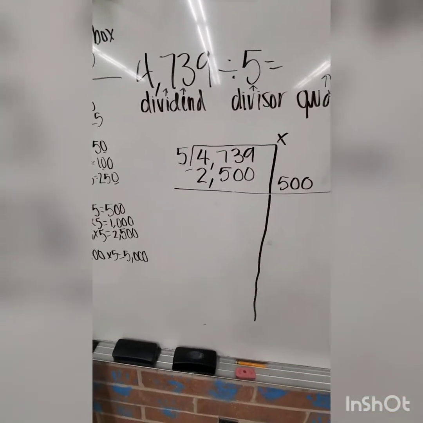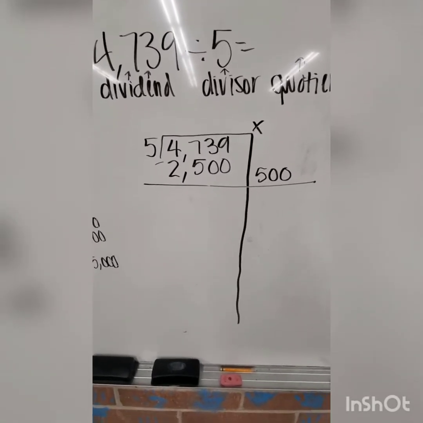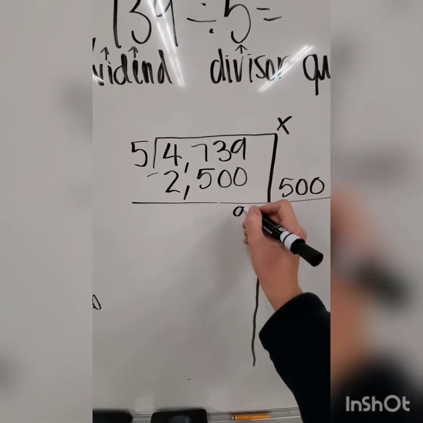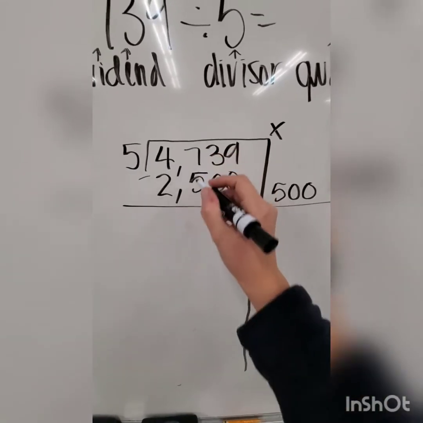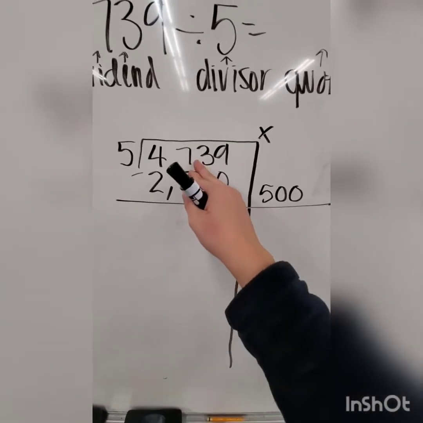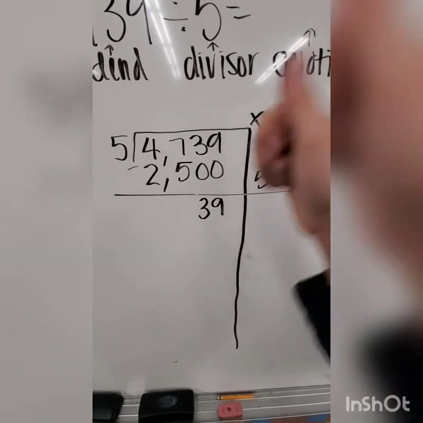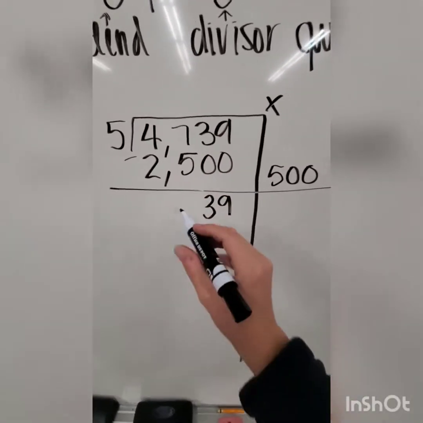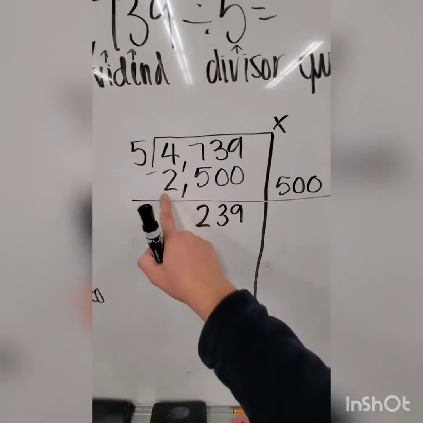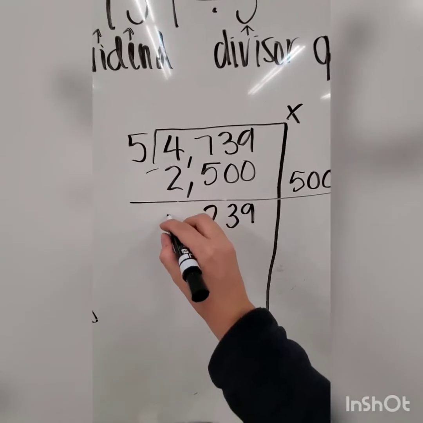Now this is where knowing subtraction comes into play also. So division, in order to be successful, you have to know pretty much every operation. So 9 minus 0, 9. 3 minus 0, 3. 7 minus 5. If the students don't know this, I say put 5 in your head and then count up to 7. So if you put 5 in your head, you put your hand on your head, you put 5, and then you go 6, 7. So it took 2 to get to 7. So you put 2. 7 minus 5 is 2. 4 minus 2, put 2 in your head. 3, 4. So we got 2 more. So we have